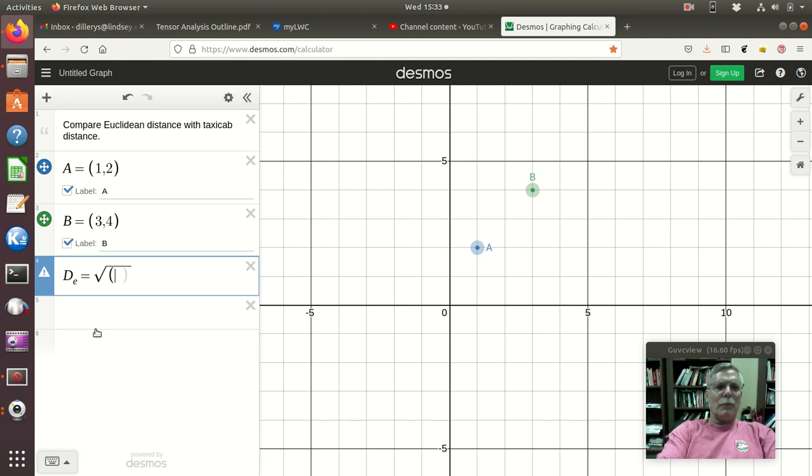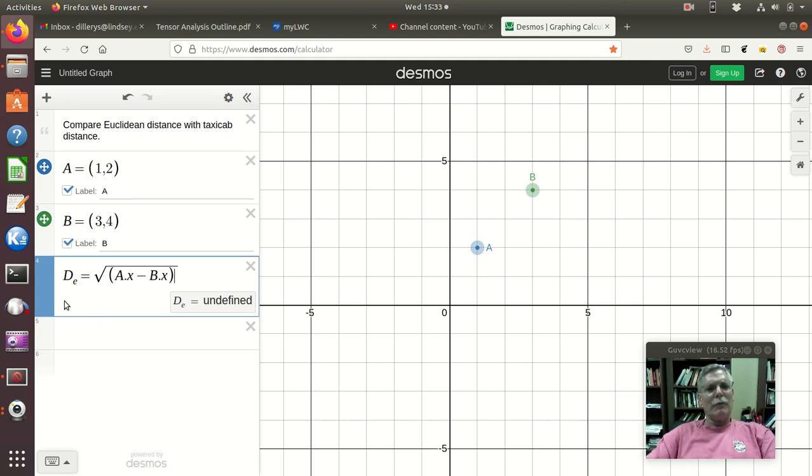So I need a parenthesis, and I need AX minus BX. Okay, but I don't want to use the 1 and the 2. I'm going to make this a formula, so I'm going to type A dot X and then minus B dot X. So that's a nice thing about using names and naming things like this, is I can get at the X value of my point by just putting dot X, and similarly,